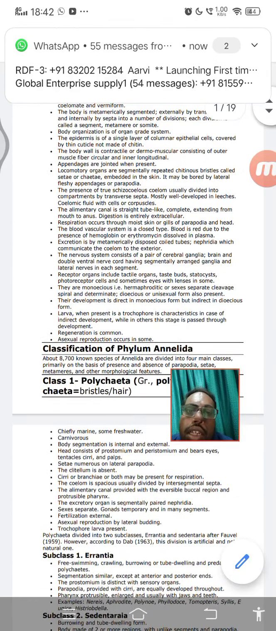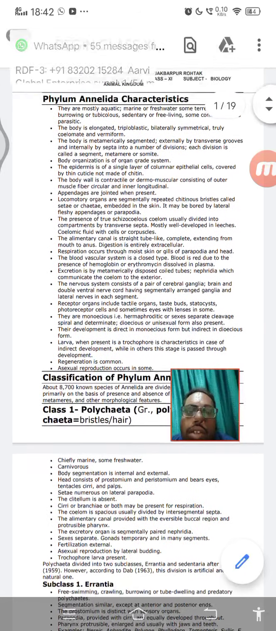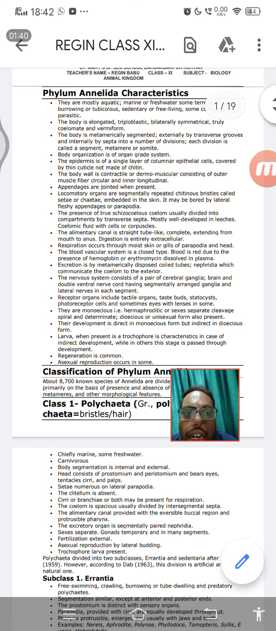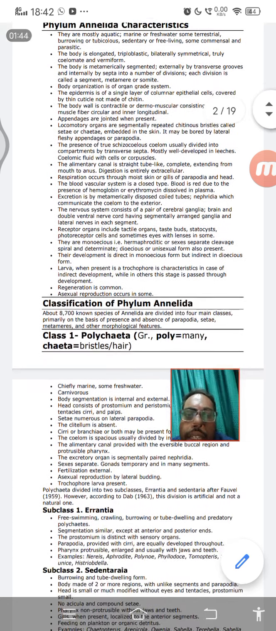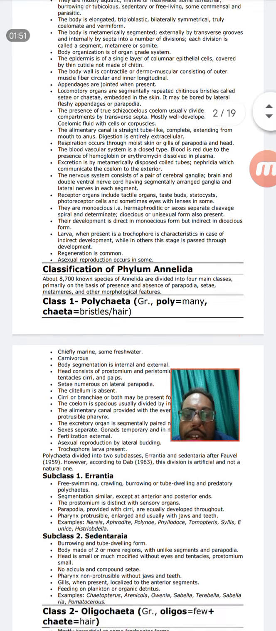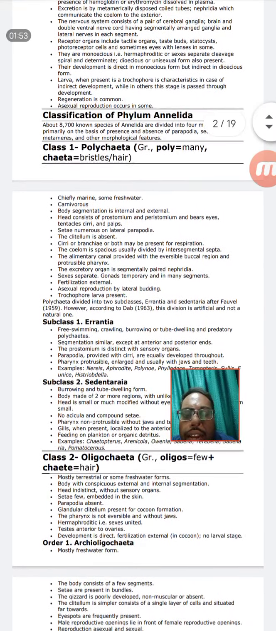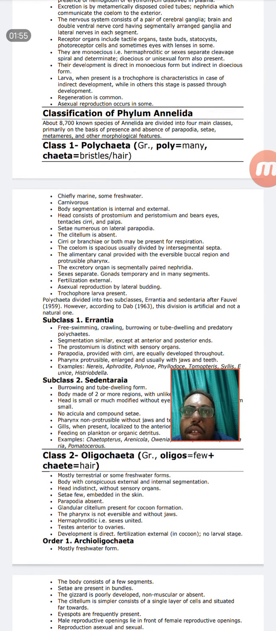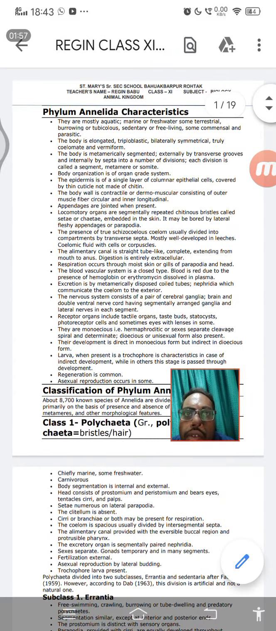So for each and every phylum, before you enter to study that, you must understand a best example from that. With that best example, you can write maximum very good examples and very good characteristics by yourself. So in this phylum